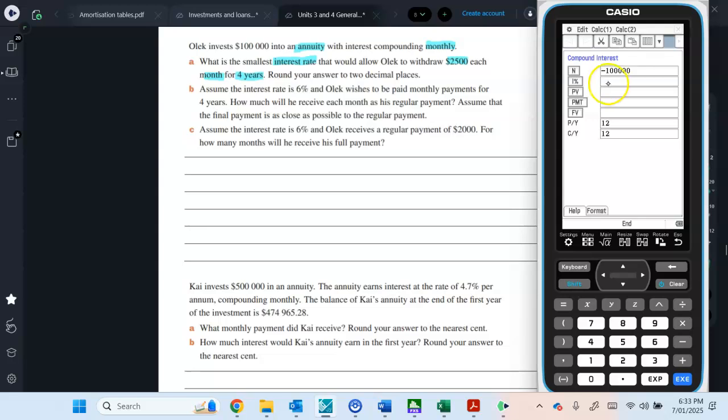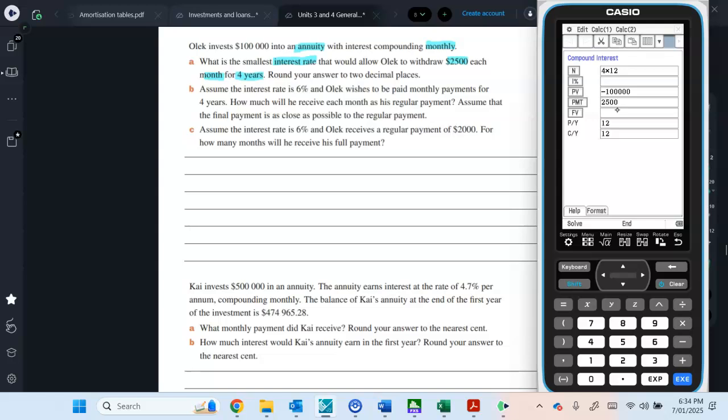What is the smallest interest rate? So that's what we're going to leave blank. To withdraw 2,000. Oh, what am I doing that there for? Sorry, that's our principal value. Silly, silly. All right. So it's an investment, so that's why it's negative, and payments coming back. So that's going to be positive. Each month for 4 years. So we've got 4 years and it's monthly. So if you knew it was 48, you could write 48 there, but you can also just write 4 times 12. And our future value,